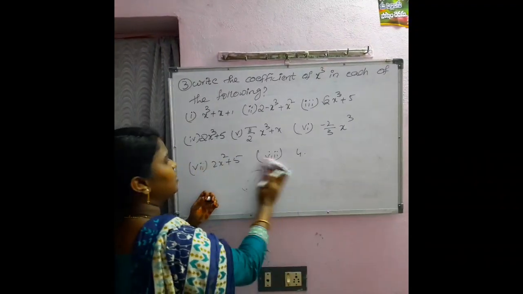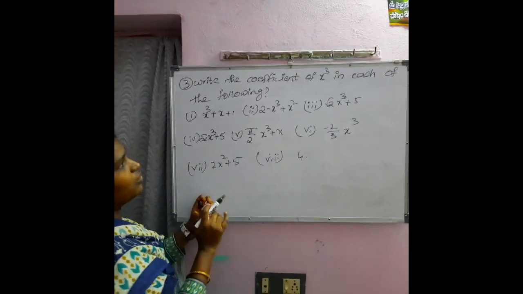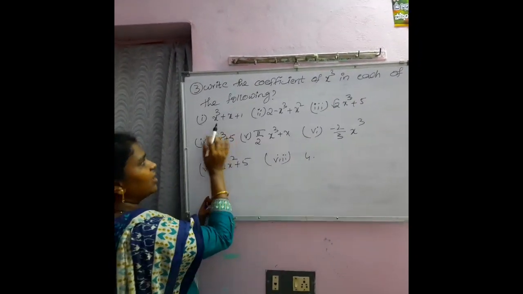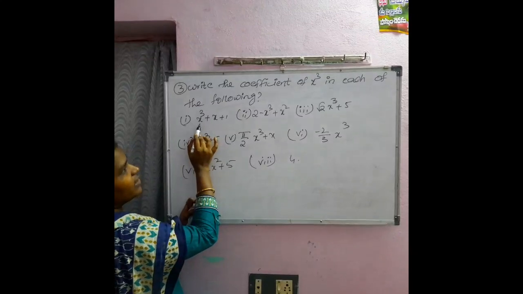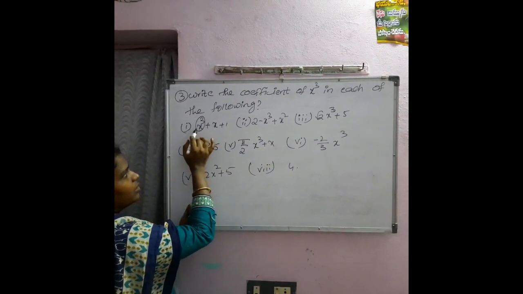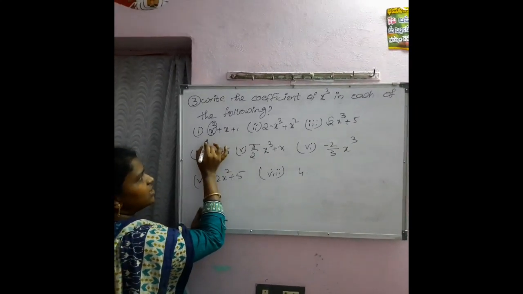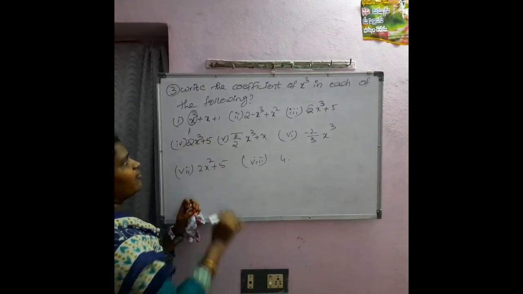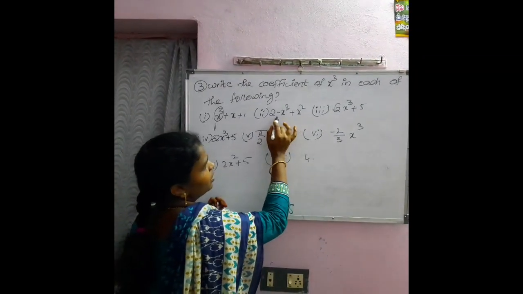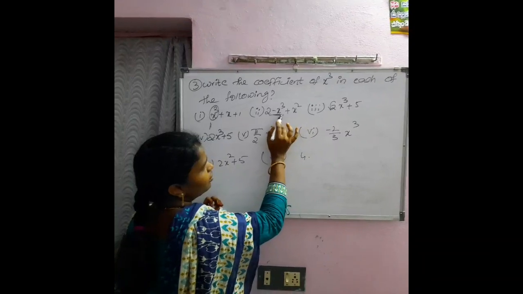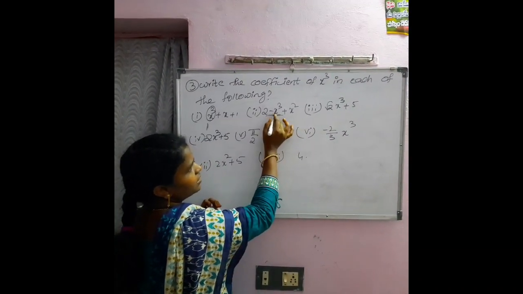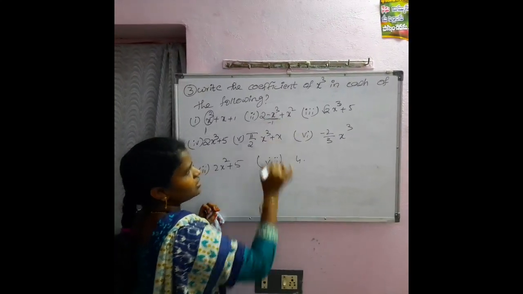Now we have to see from the question, we have to say the coefficient of x cube in each of the following expressions. If we have taken the first expression, here it is x cube, the coefficient of it is no number, so we have to consider it as 1. So the coefficient of x cube is 1. If you had seen the second one, 2 minus x cube, we have to find the coefficient of x cube. So x cube is here. The number in front of x cube is 1, so we have to take it as minus 1.